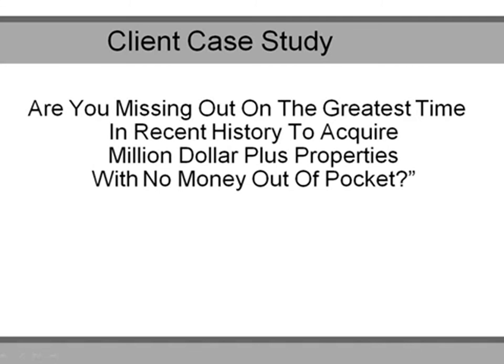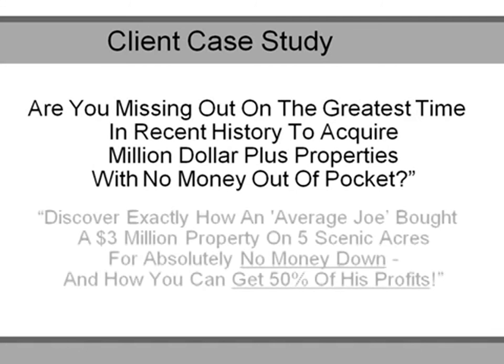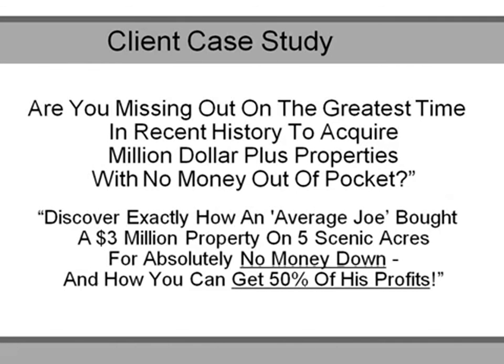Then he added a subheadline that said, "Discover exactly how an average Joe bought a $3 million property on 5 scenic acres for absolutely no money down, and how you can get 50% off of his profits." Directly below the subheadline, he placed a 3-minute video that quickly explained the information and benefits they would receive by attending his webinar. And then, to the right of the video, he had an offer box with a headline that